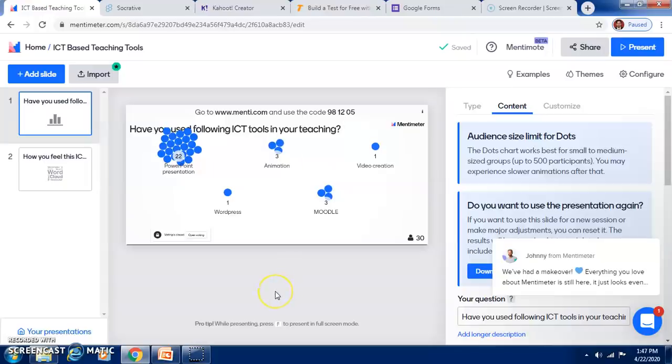Whatever answer they give by using this code, you will find that 22 people are saying PowerPoint presentation as the ICT tool they are using, 3 are using animation, 1 is using video creation, and 3 Moodle and 1 WordPress. So this is how we can conduct the quizzes, and various forms we can use in Mentimeter.